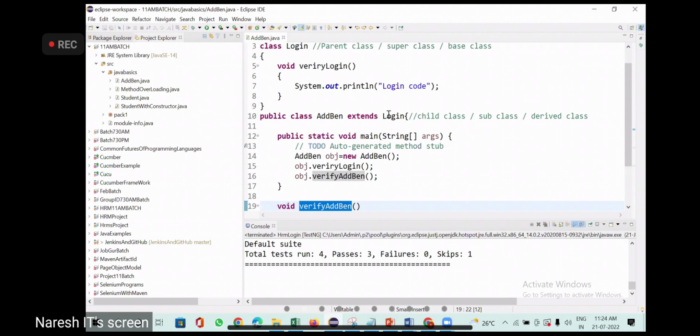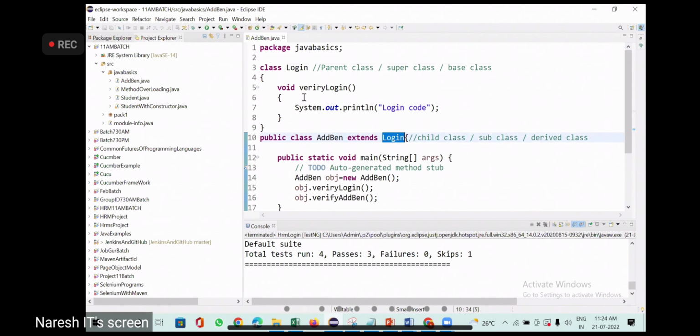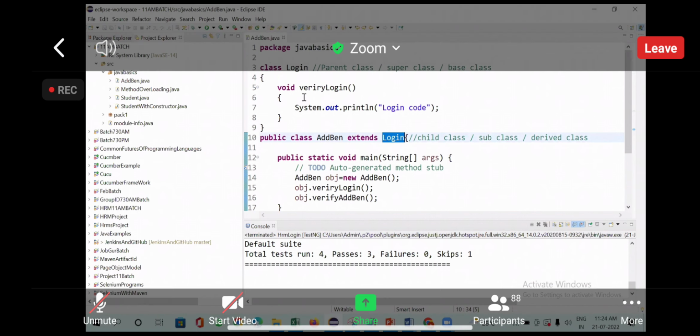Extending login means I can use this login method. So what I'm trying to do, I don't need to write the coding again to allow you to log into the application for adding the beneficiary.